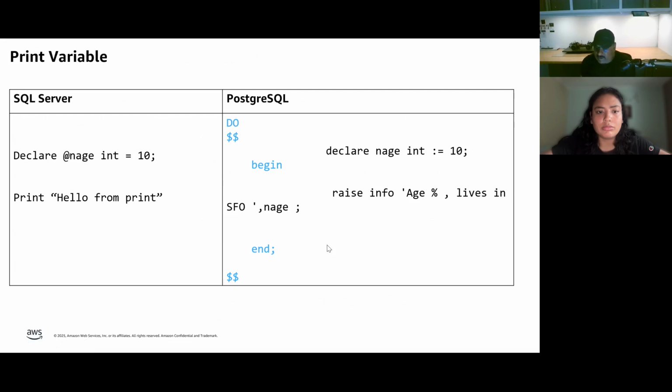So defining a variable is PL. It's not ANSI SQL compliant. It is a PL/pgSQL command, right? So for that, every command, if it belongs to PL/pgSQL type, then it must be included within the block. So here I am declaring a variable, but I am keeping it within this block using a dollar dollar, and then I am using a raise info, which is equivalent to a print command, and then I am passing a certain statement. I am referring to this variable over here